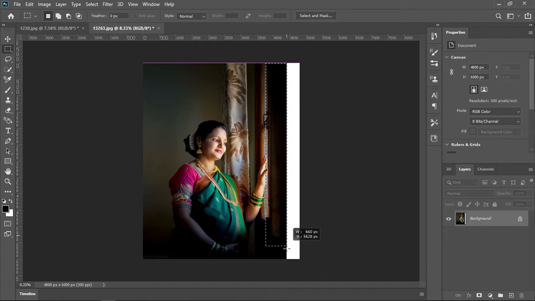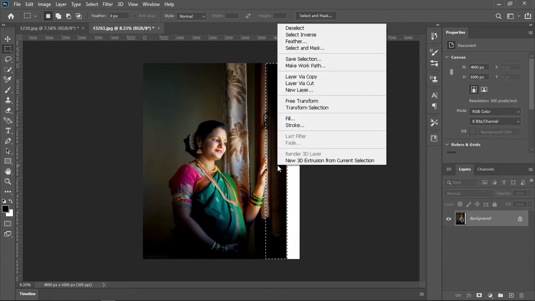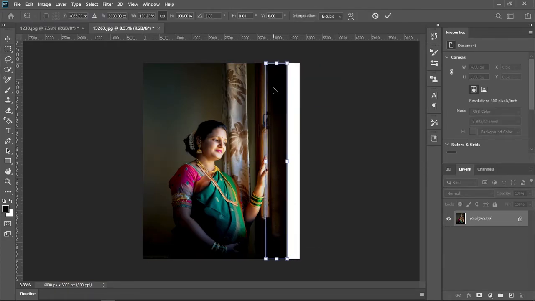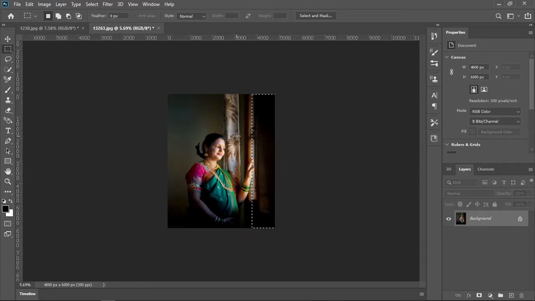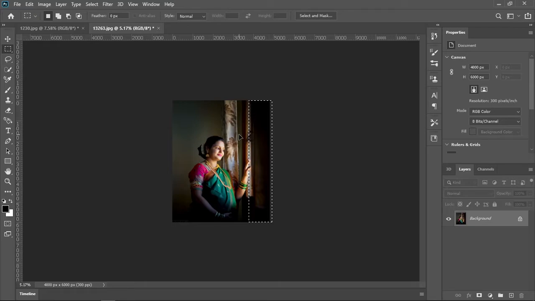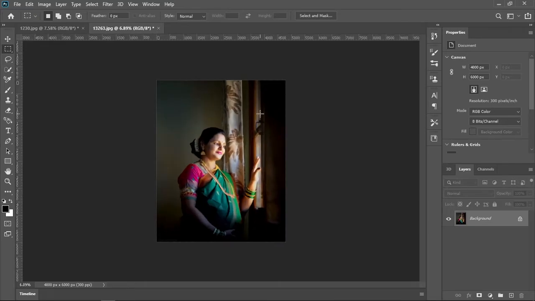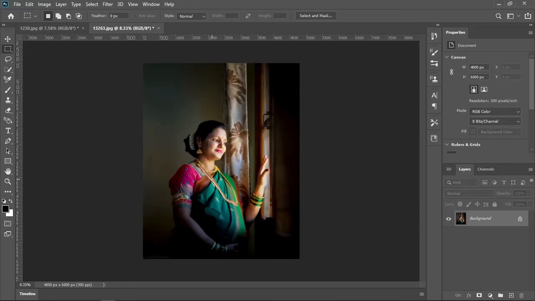Again right click on the right-hand side, Free Transform, right click and go to restore. I will expand this part. And I will press Ctrl D to deselect all the selections. It's so simple. We can see that it's so simple to make, and it's the way you can go with the Instagram ratios without having the white background.